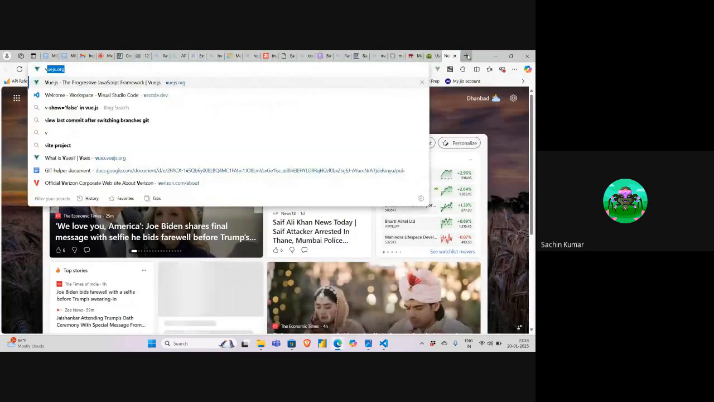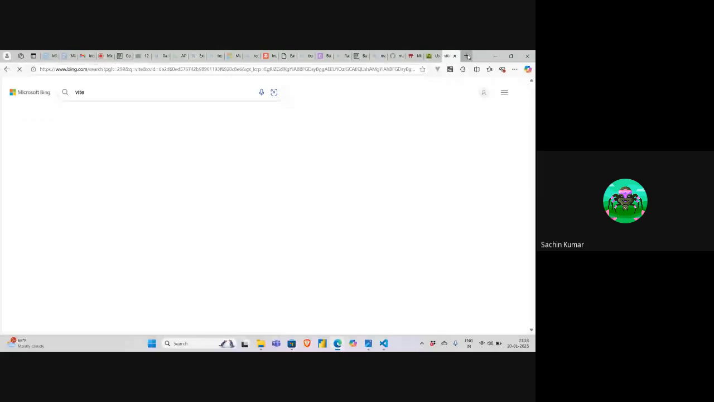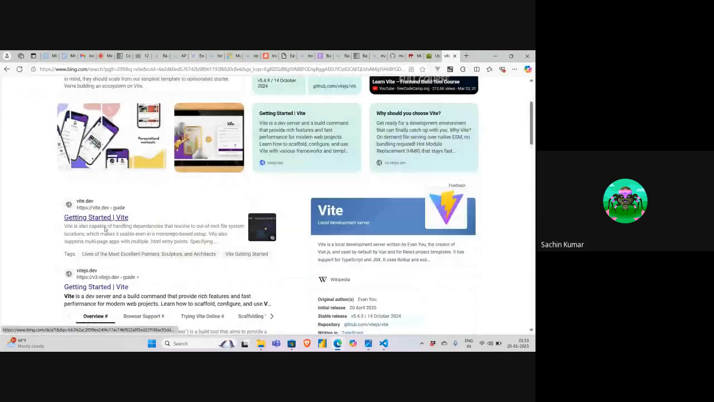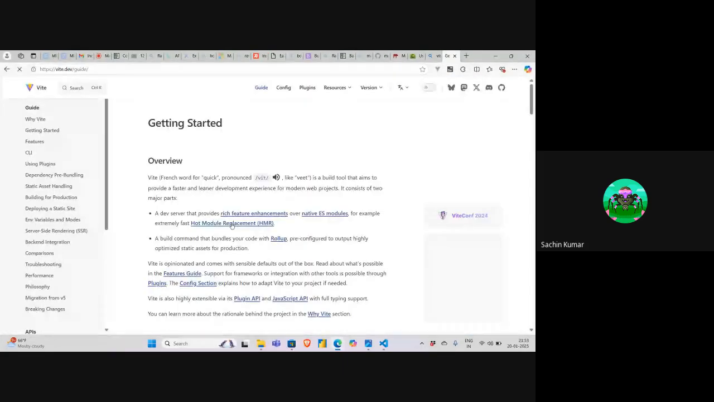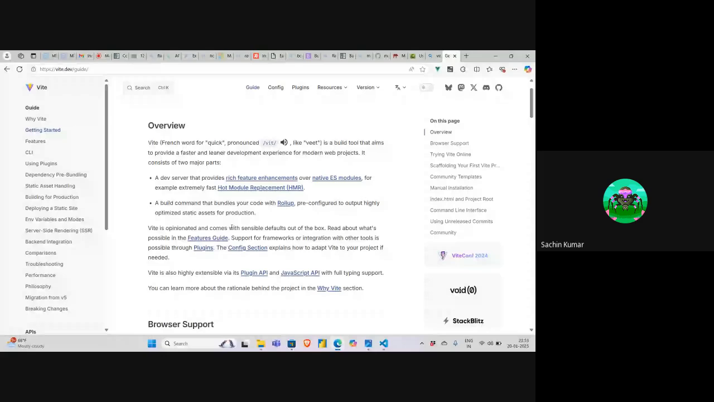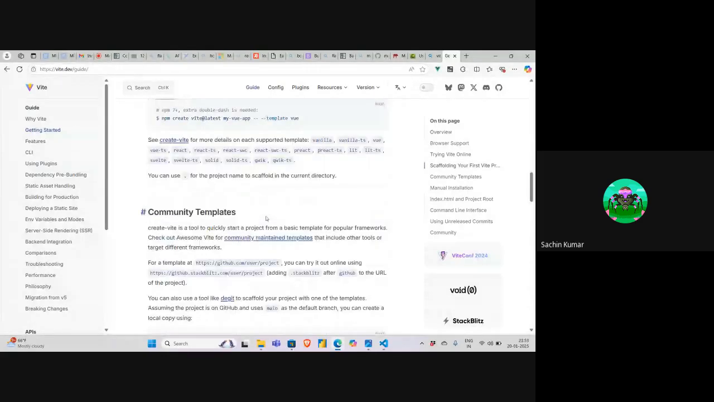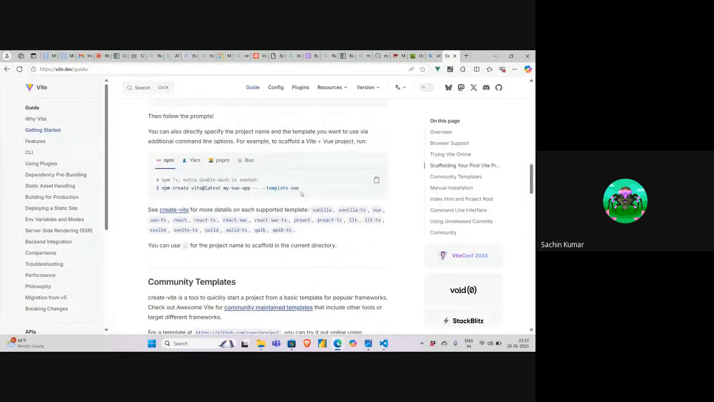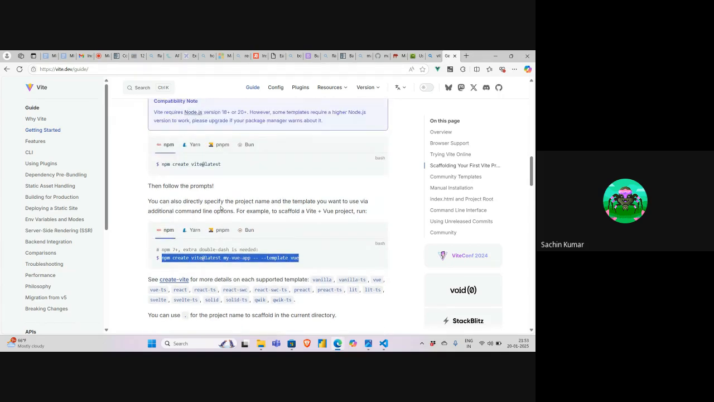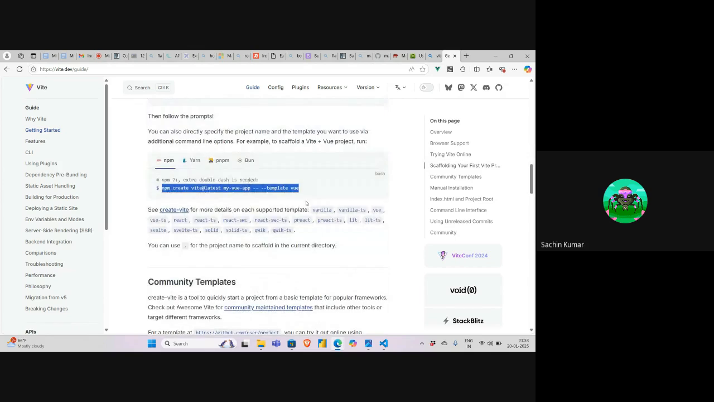You'll go to Vite, to create your Vue project. The moment you run this command, this is the name of your app, and this is the command. Make sure you install Node.js on your machine and Vite, and then you can use Vite to create. The moment you run it,